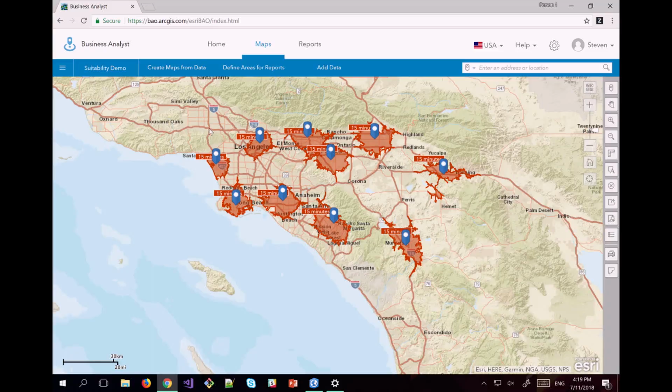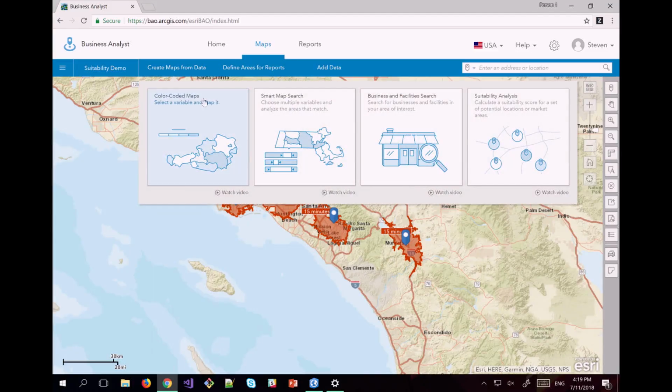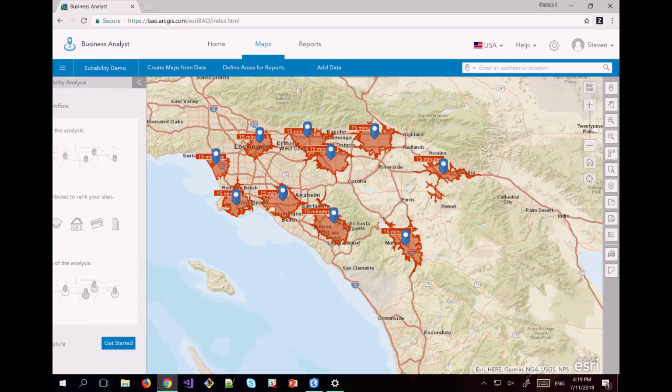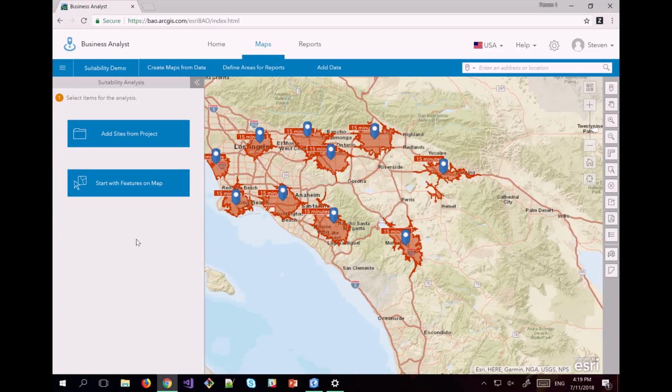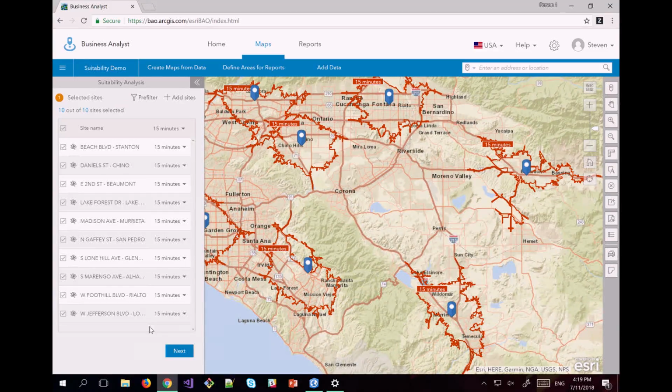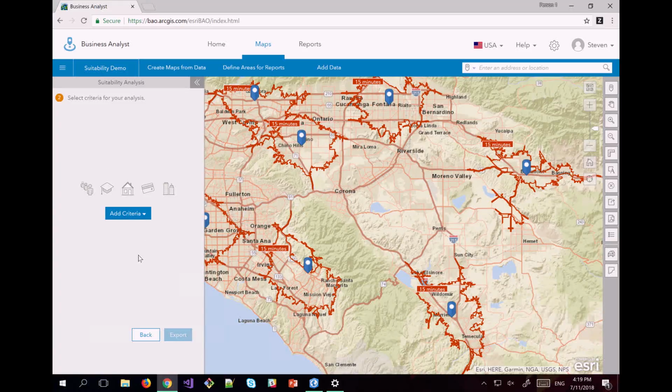All right, I've already got my 10 locations on the map, and to begin the suitability analysis workflow, I'm going to go to create maps from data, and then to our suitability analysis workflow. I'm going to click Get Started through the welcome screen, and I'm going to start with the features that are already on the map. So these are my 10 locations. I've got 15-minute drive times around all of them. And once they're selected, I can go ahead and